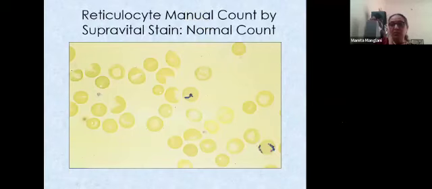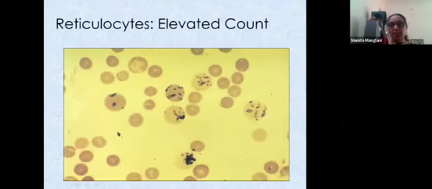Then coming to reticulocyte counts, which we do using supravital stains. This is how they look on the smear, the retics with a reticular pattern. And this is a normal count, 1 to 2%, but this is an increased reticulocyte count. Many reticulocytes are seen in one smear, but you do not count just by looking at one field. You have to look at 1,000 red cells, count the number of retics present in those 1,000 red cells, and then divide by 10, and that will give you the percentage.